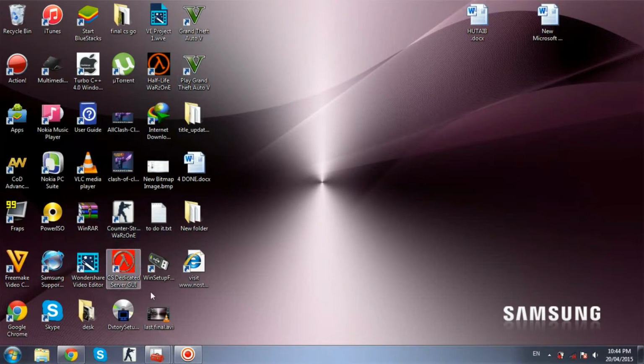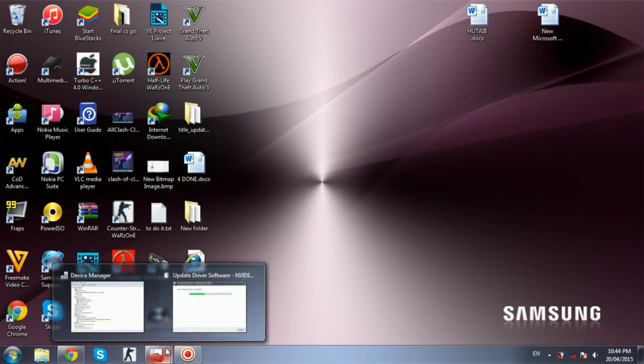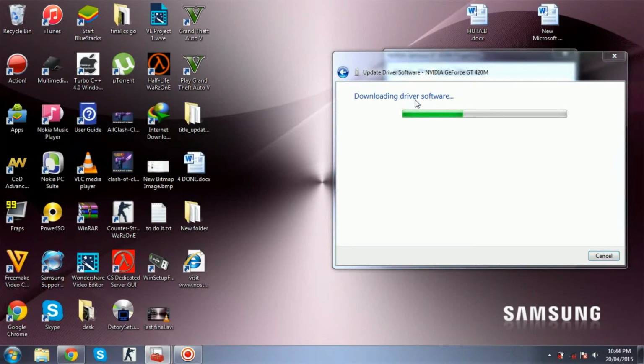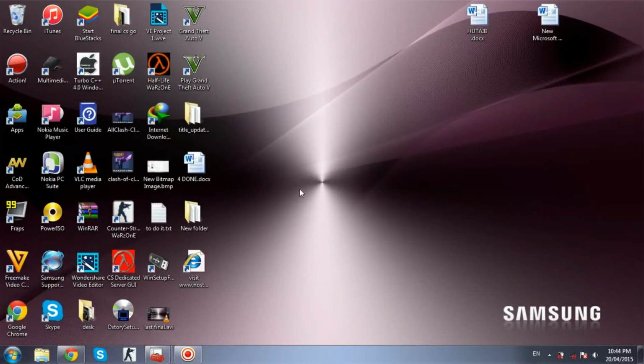So guys, as you can see, I double clicked on GTA 5 and it doesn't launch, because my NVIDIA graphics driver is not upgraded. So please make sure that every driver you have is upgraded. As you can see, I'm downloading and upgrading right now. I already had it, but not the upgraded one. Make sure you have DirectX and all the other stuff as I told before. Just rewind my video and see where I told you to download DirectX and other stuff.